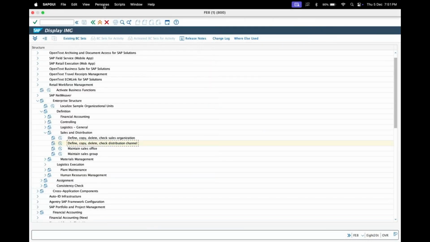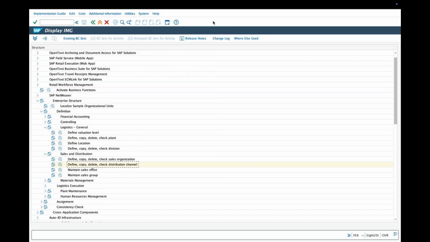So what we made today: we made the plant, understanding the effectivity of manufacturing. We made the division, understanding the effectivity of product line identity. We made the sales organization, understanding the effectivity of the sales location geographically. We made the distribution channel, understanding the effectivity of the outlet identity.